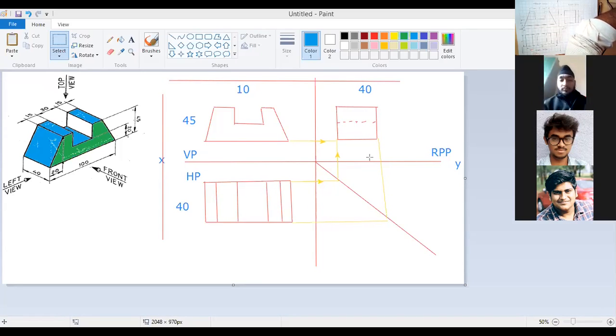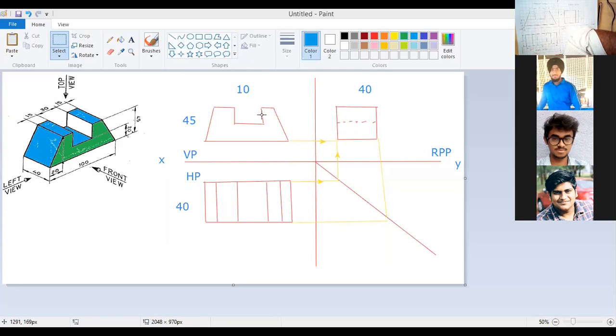If not, you have to take a suitable scale. What we mean by scale is very, very important. If you are unable to accommodate this drawing in one particular sheet of paper, that is in your sketchbook, then you are supposed to take a suitable scale.